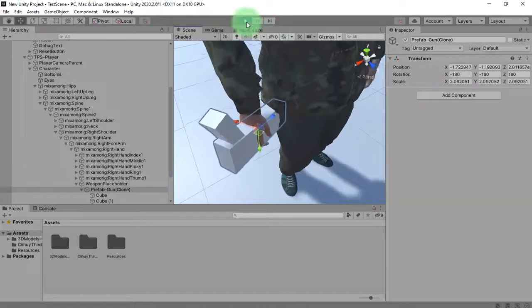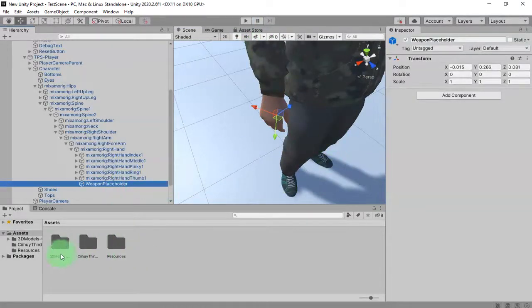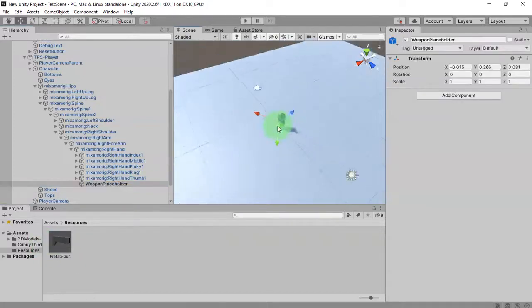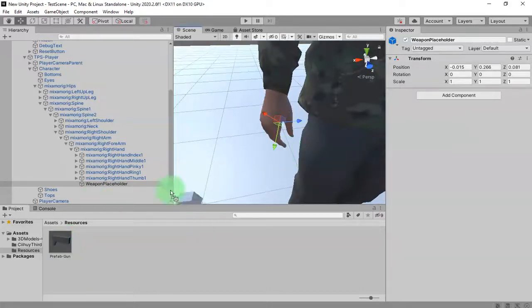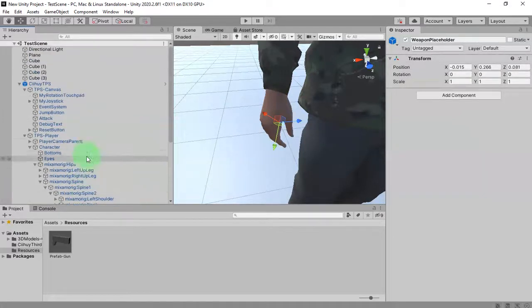So to solve it, we need to redo the process of creating the prefab. I open up this resources folder and I will place the prefab gun again here, and here. Hang on, I need to go inside this prefab mode.